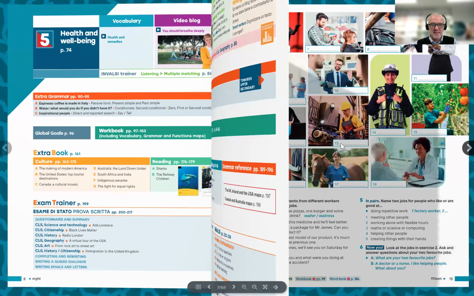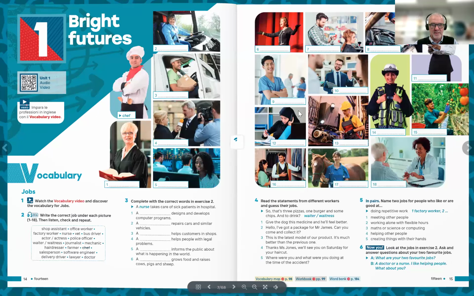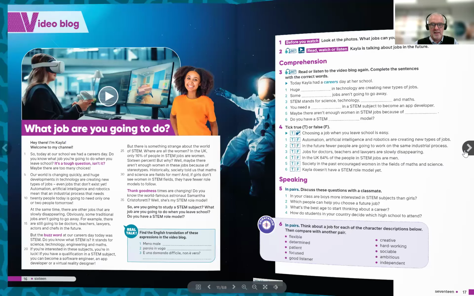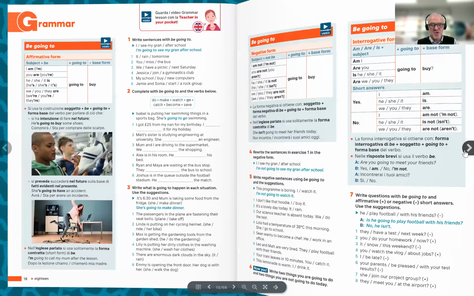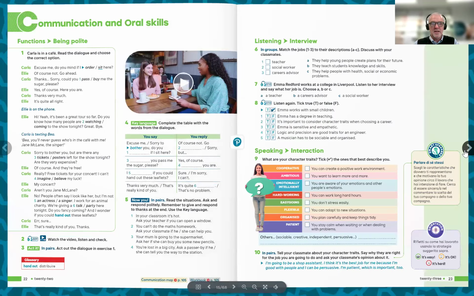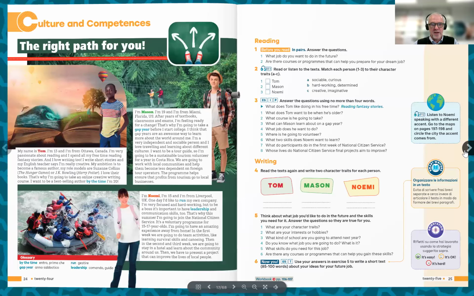Okay. This is here an example. This is level 3. Remember, still starting with vocabulary, nice and visual. Then you have a video blog with a dialogue or a presentation working in that way. Grammar practice. So the structure remains as it was in the previous 2 levels. Oral skills and communication, reading and writing.